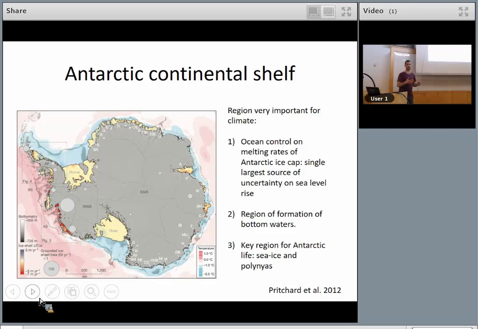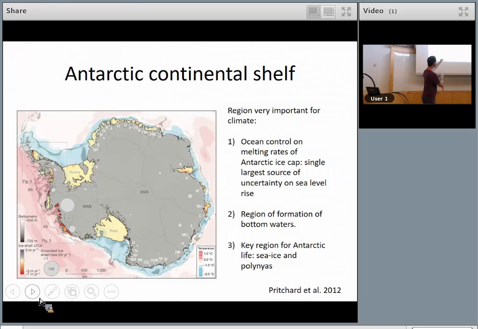And as it turned out, it's really the ocean that controls the rate of melting of the ice cap in Antarctica by warming it from below by providing warm water. And this water is warming right now, so that gives a lot of uncertainty because we don't know so much about these processes there. But